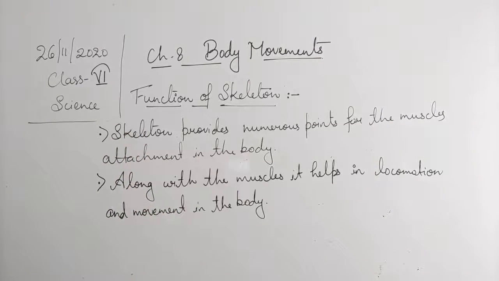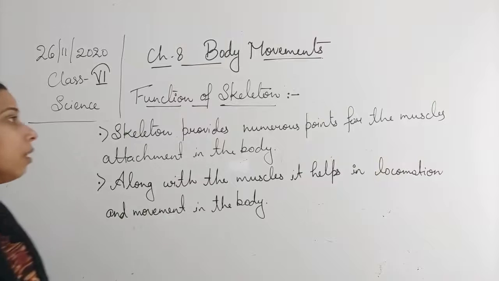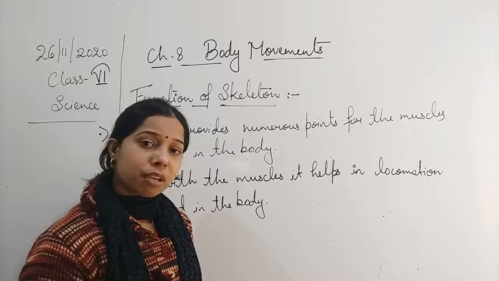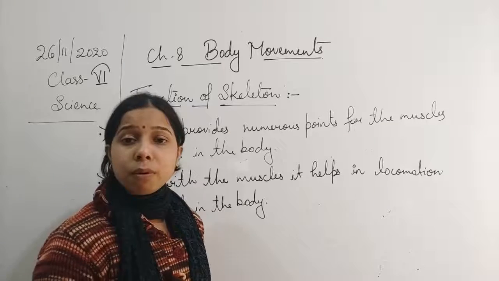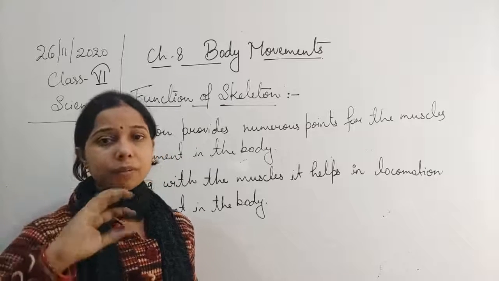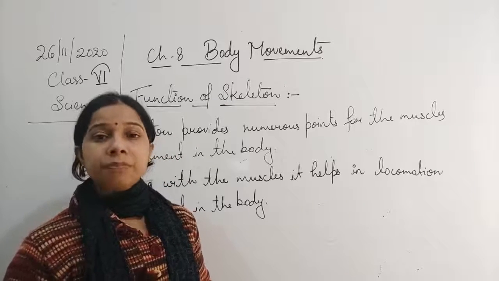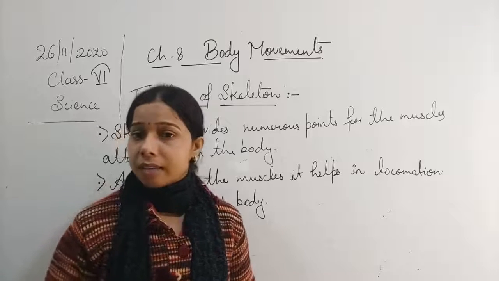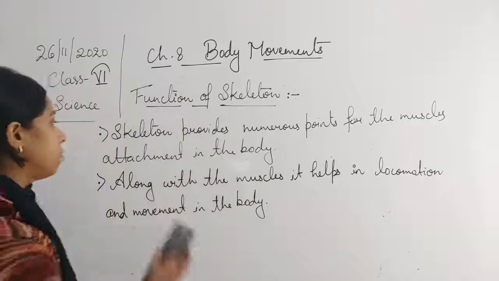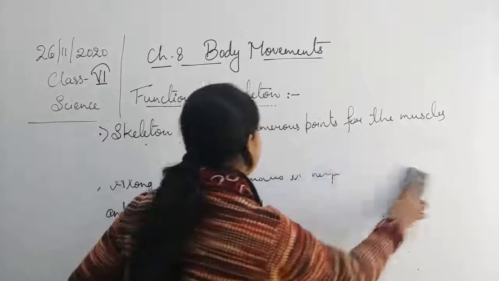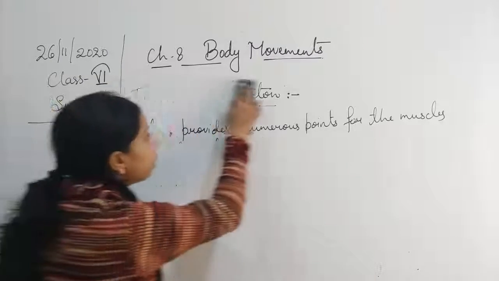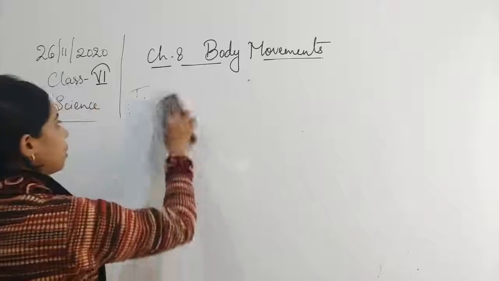Now we have seen, student, that a skeleton is divided into skull, backbone, rib cage, arms, and legs. So we have understood all of them in a very short way, the summary you can say. But now we will try to understand the different parts in detail. Let us start with the first part, the upper part, which helps in protecting the brain. This is a very hard part, you can say, students.